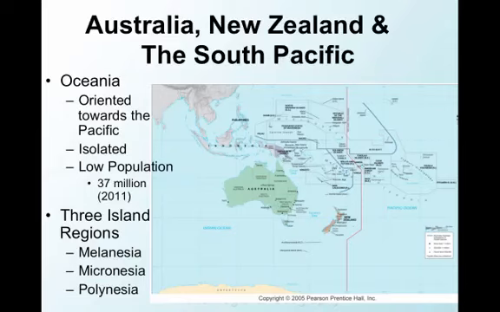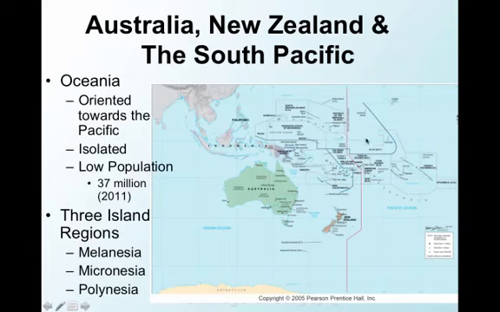island regions. The first being Melanesia, which includes islands such as Papua New Guinea, and here we have Papua New Guinea, and Melanesia is located more or less in this area of the South Pacific. To the north of that is Micronesia, which includes the Federated States of Micronesia, and then also the Marshall Islands, which perhaps you've heard of, as well as a small island called Kiribati, which we will be watching a video about later on. And third, you have the Polynesia